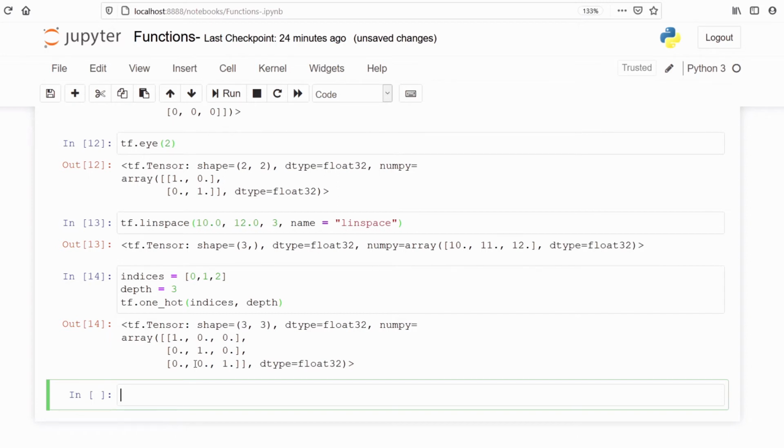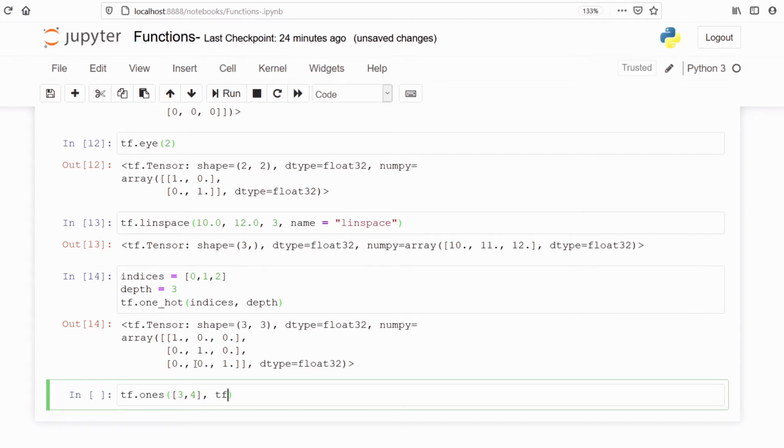There's a method ones. This creates a tensor with all elements set to 1. When we use this method, all the elements inside the tensor will become 1. We will use the function tf.ones. We will make a tensor of shape 3 rows and 4 columns.